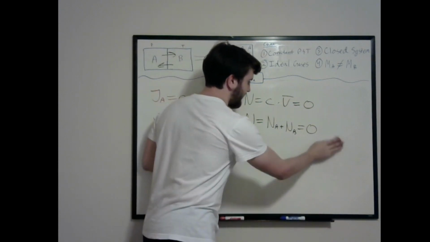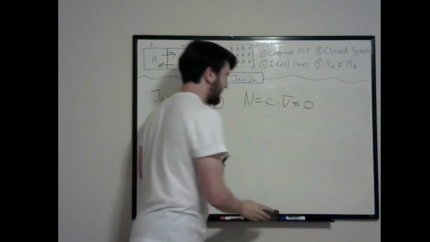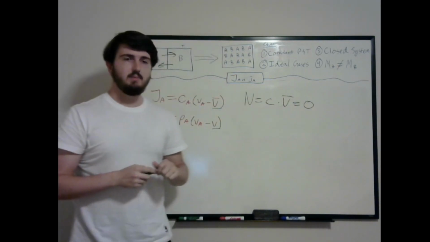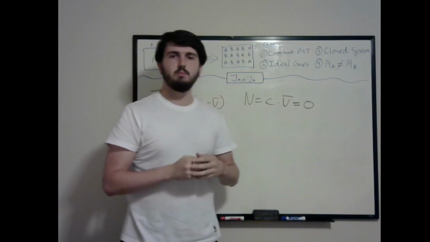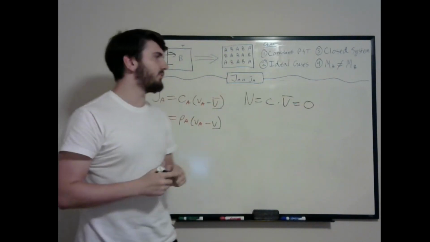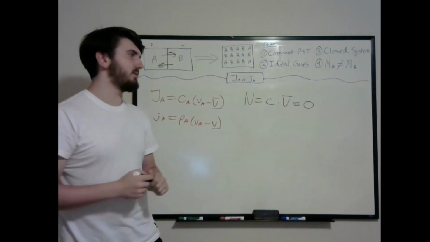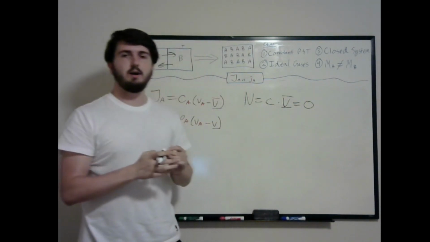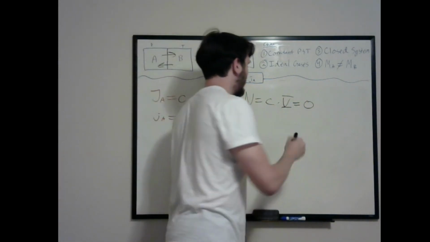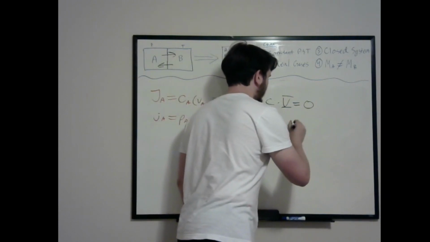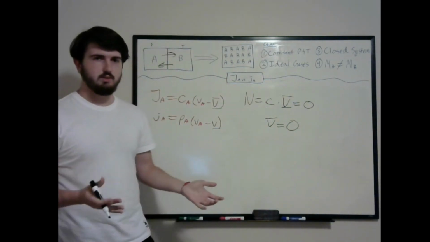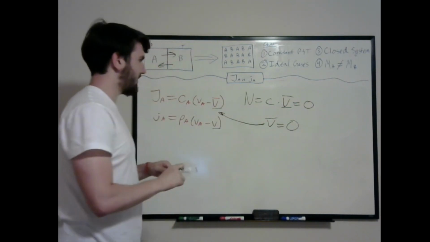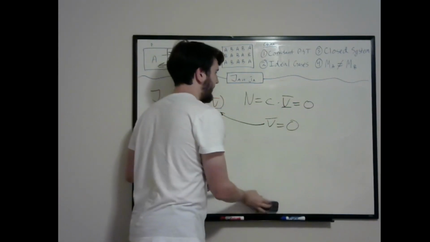I'm going to go ahead and erase this bottom part. Knowing that, we know that either the molar concentration or the total molar average velocity has to equal 0. Well, it can't be the concentration, therefore it has to be the total molar average velocity. Therefore, we know now that the total molar average velocity must equal 0. We can take that and substitute it back into this problem right here, and I'll go ahead and rewrite it up here,